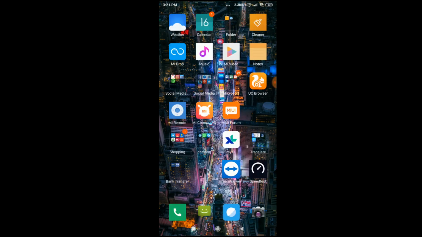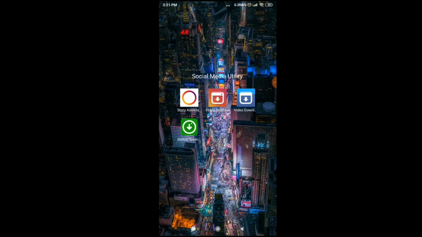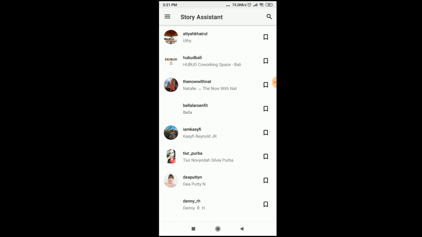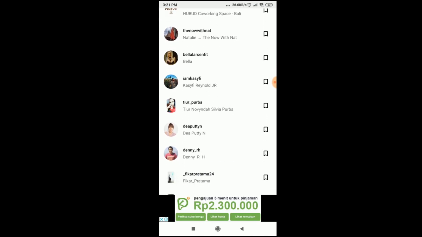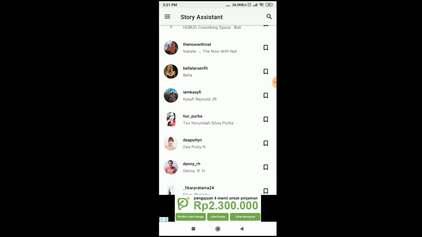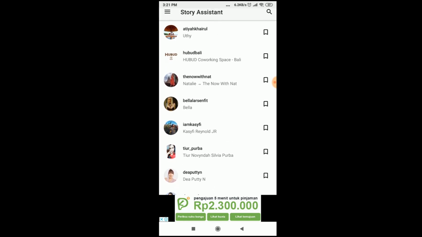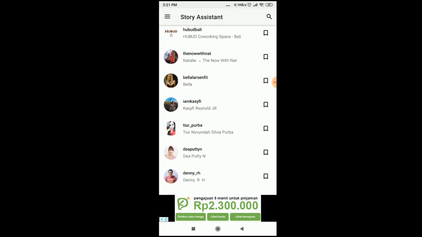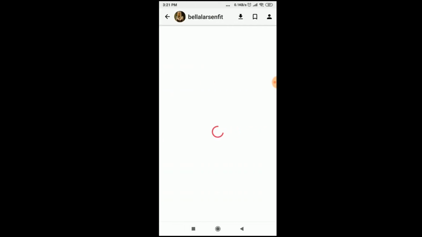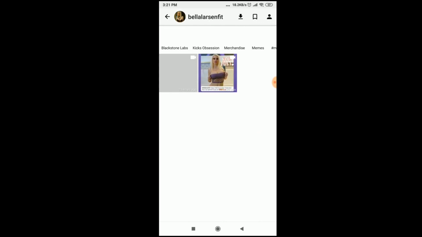So here we use Story Assistant, and try to open it. Here all your friends' story statuses appear. For example, I just need to open this one as an example.